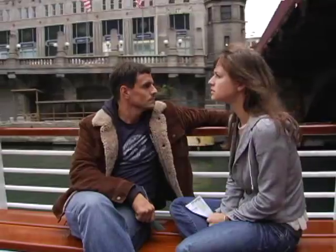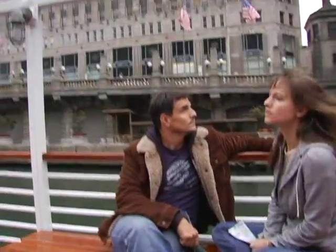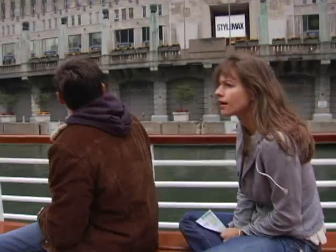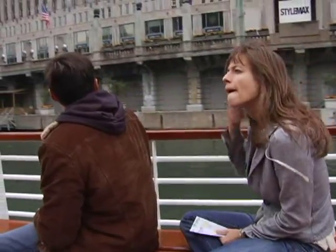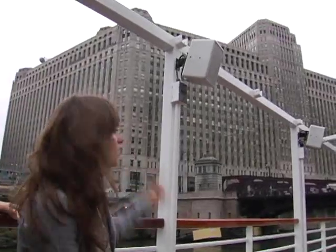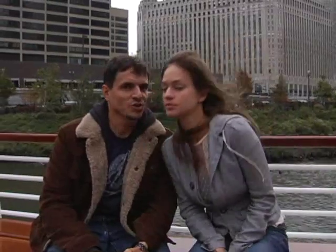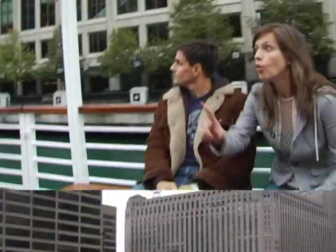One of the greatest examples of Art Deco architecture ever. This is the Chicago Merchandise Mart. 4.2 million square feet of rentable space. The building has its own zip code. That building had 96 acres. That's almost 100 football fields of space. The north branch of the river is behind you. The name of the river comes from the Native American Chicago, which translates roughly as place of